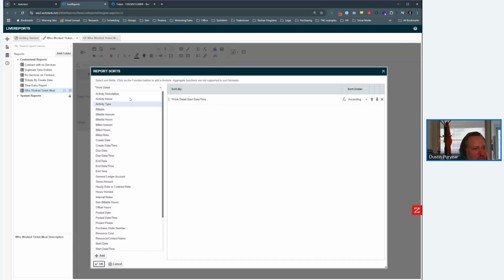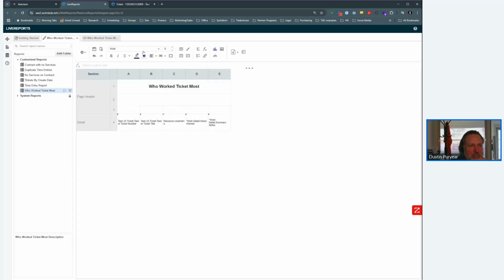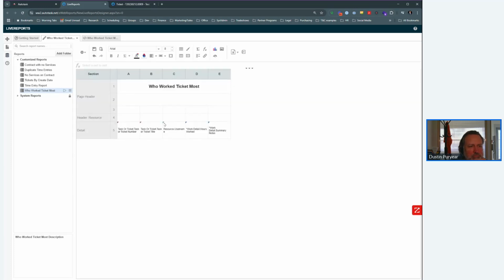Okay, so we want to sort by resource username. That way, it knows how to group this stuff. That's basically what we're doing. And then let's go ahead and move this out. And now we'll be able to create a group header based on resource. And watch what we're going to do here. We're going to say,